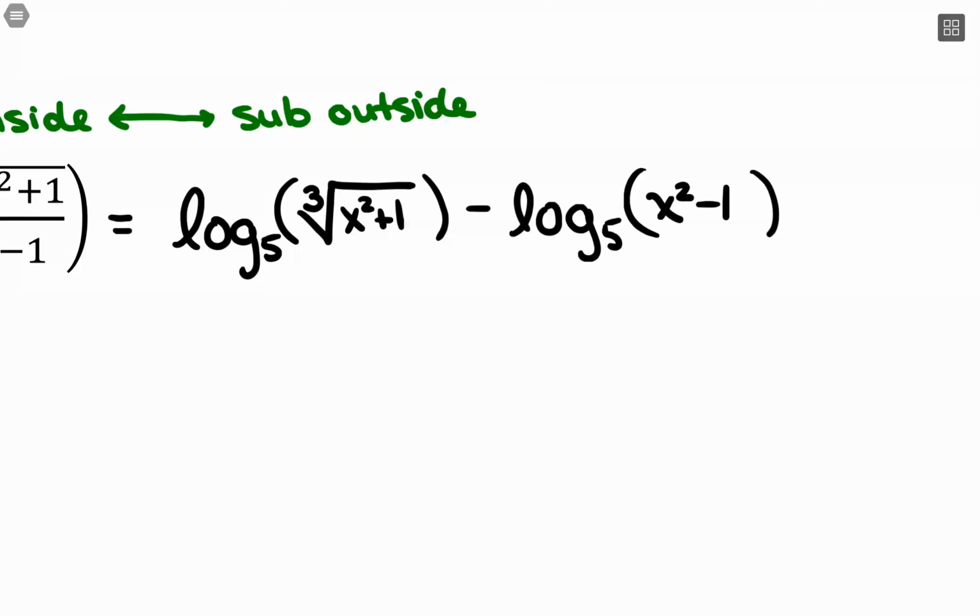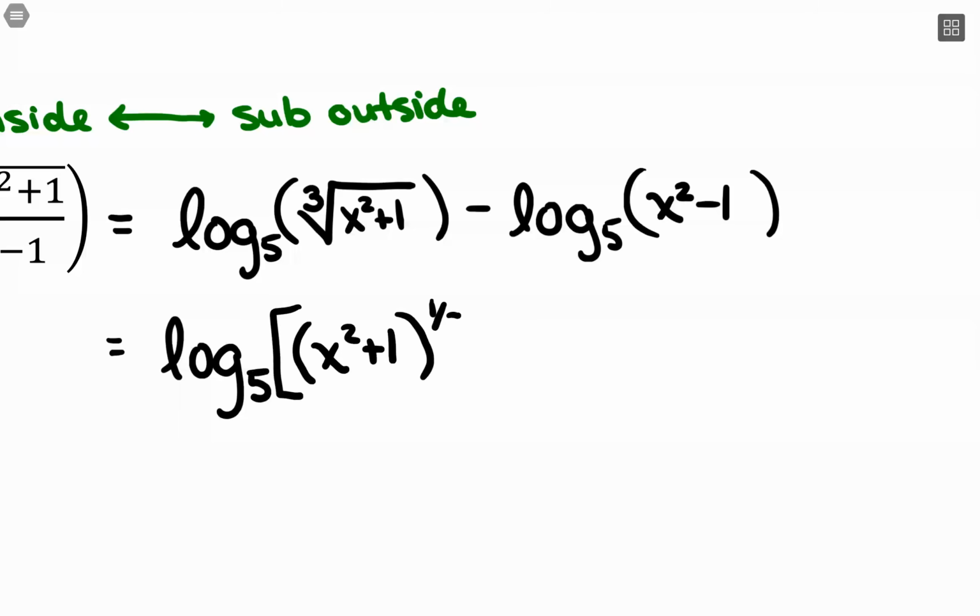Now I'm going to simplify. So looking at our first term here, I have a root, so I'm going to express that as a rational exponent. What that would look like is that whole x squared plus 1 raised to a power of 1/3. So now what I could do is take that exponent and move it out front, so that'll be part of my next step,